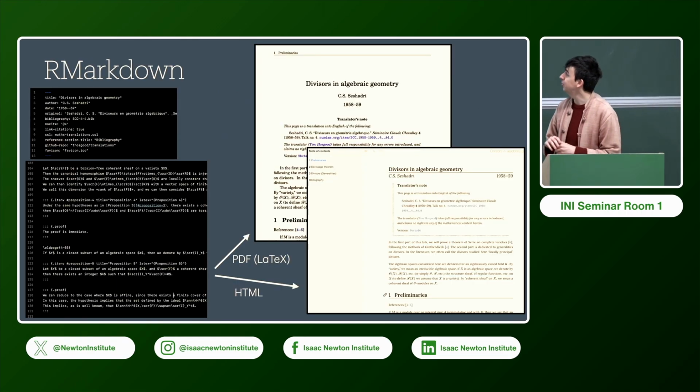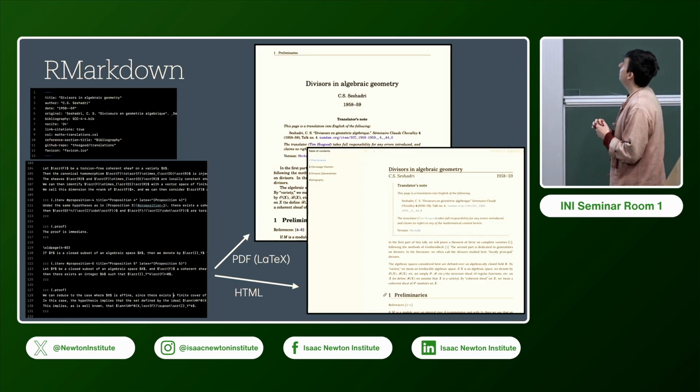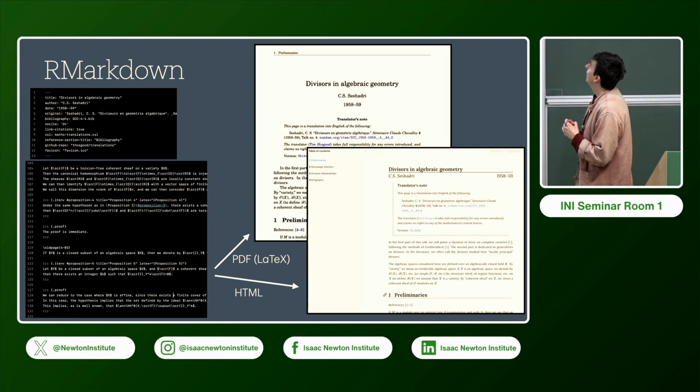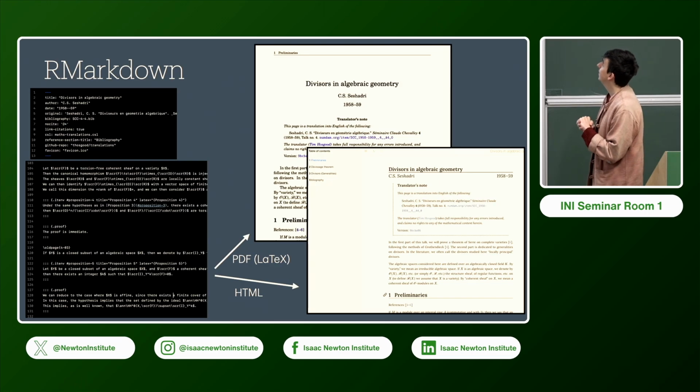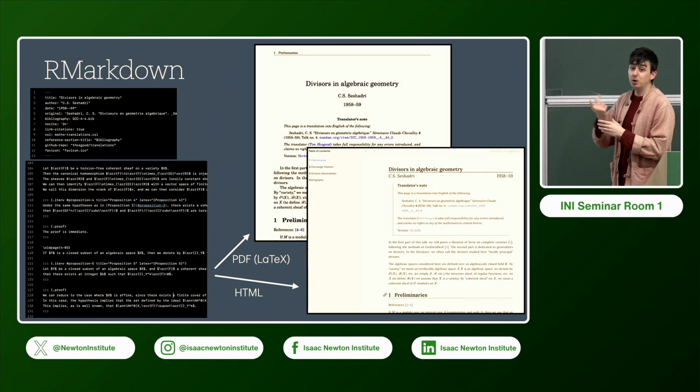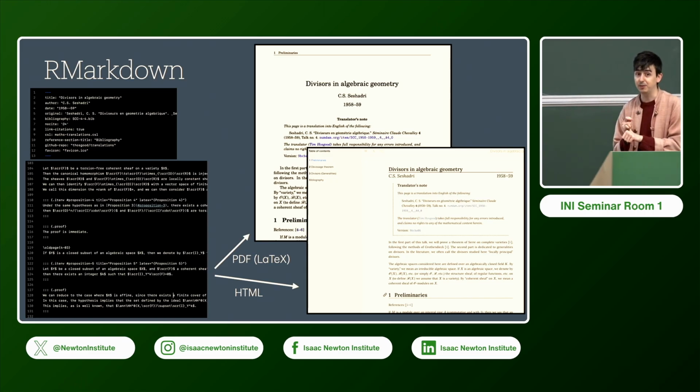Something I will just say briefly as well is a personal thing that I've noticed. As a mathematician, I'm used to writing in LaTeX. I write everything in LaTeX all of the time. That's been pretty great. LaTeX makes great PDFs. Something I've noticed is PDFs are really terrible for a lot of accessibility issues. They're very bad for screen readers.